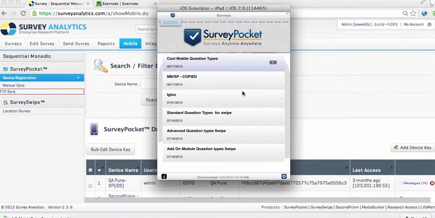So that's today's lesson, how to use the themes in SurveyPocket. Obviously, I'll encourage you to test this out on your own, and if you have additional questions, please contact your